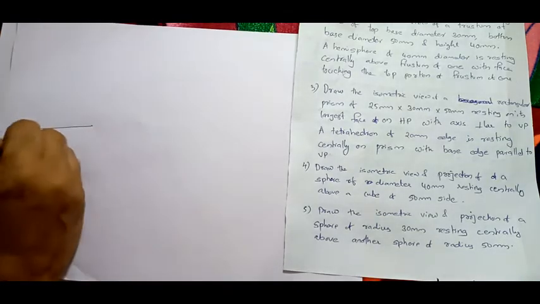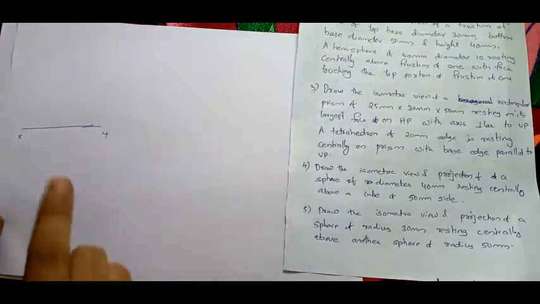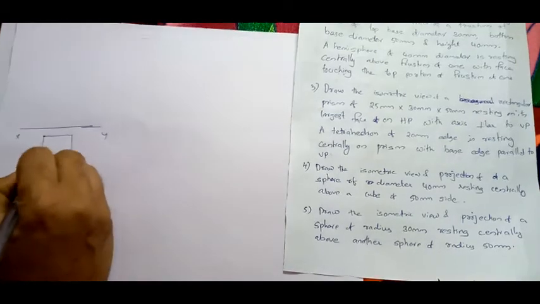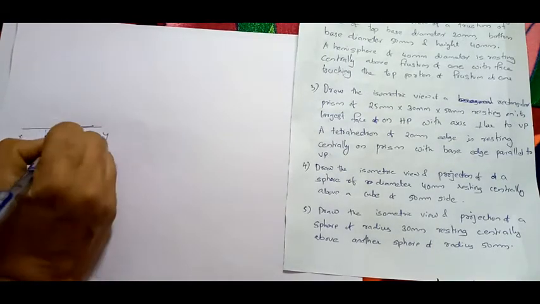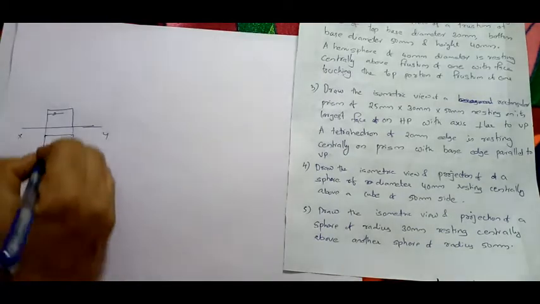So first we will be drawing the XY line. A sphere is resting centrally above a cube, right? So first we will draw the cube, the front view and top view of a cube. Now a cube of 50 mm side. A sphere of 40 mm means it will be inside, right? A sphere of 40 mm resting